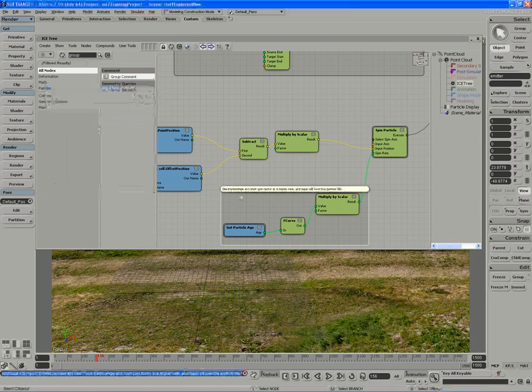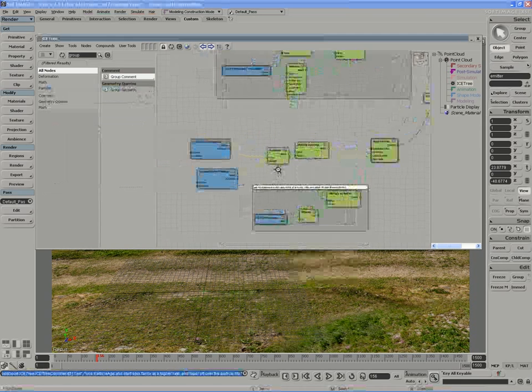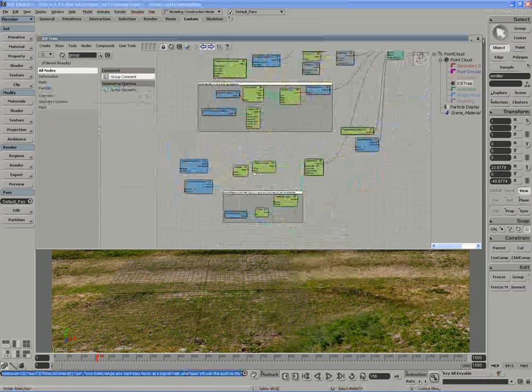Alright. So I'll pause there and we'll continue on with some more randomization of our